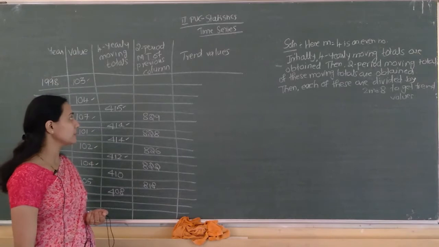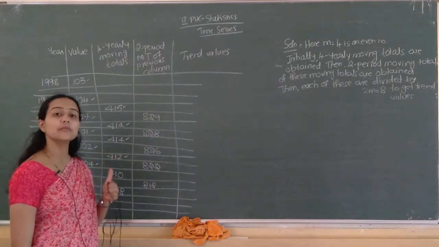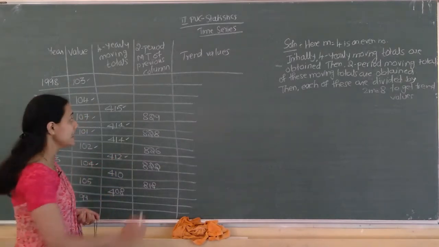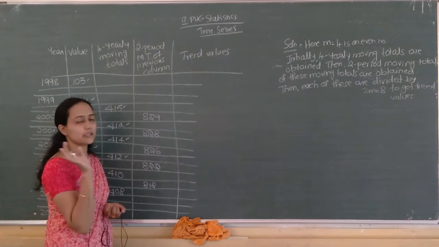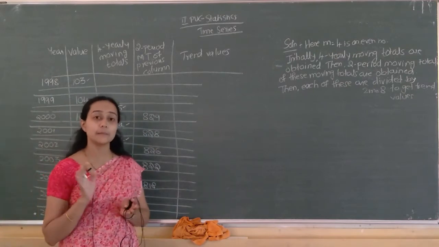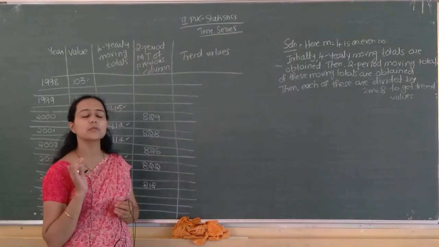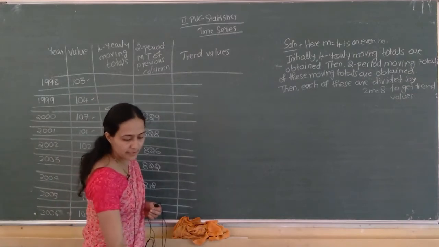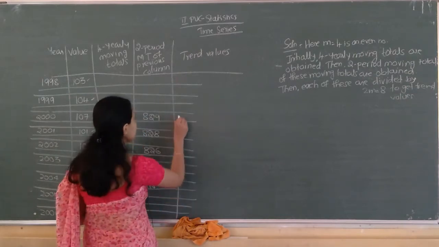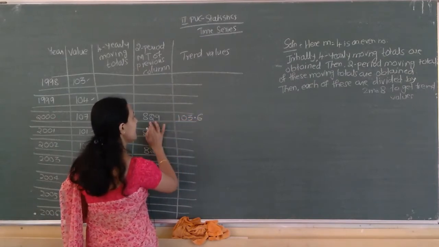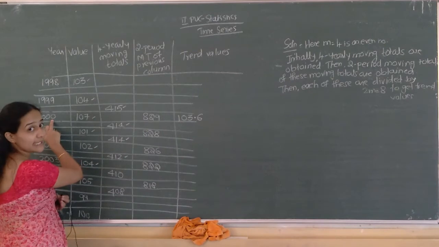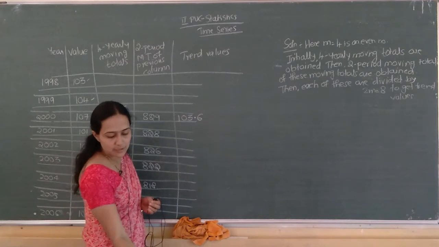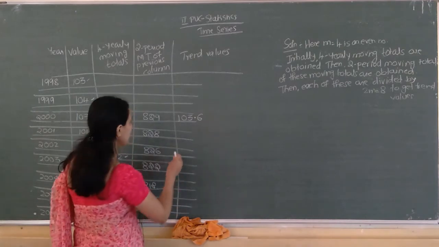Okay. Next what I have to do? These are actually 2 period moving totals of previous column. Last one is trend values. Trend value means these totals divided by 8, not 4. Remember again, it is divided by 2m, m equal to 4, so it is 8. So 829 divided by 8, 103.6, right against itself. So it coincides with the actual time points, that is against 2000. Next one is 103.5.